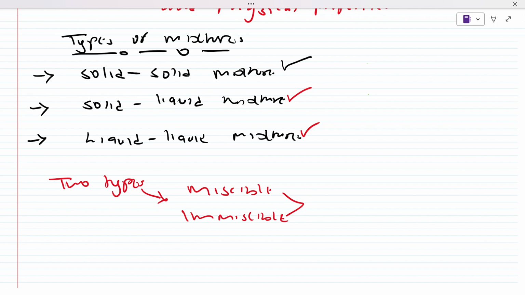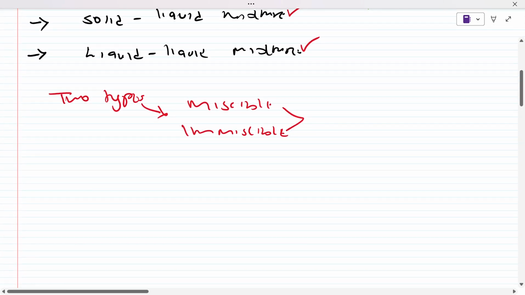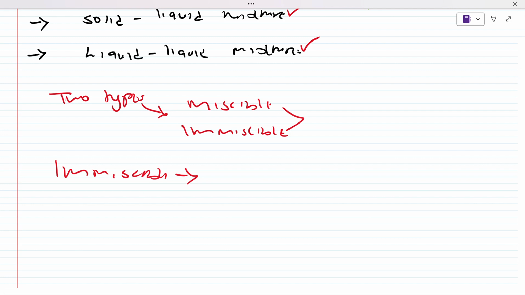Now, in immiscible liquid mixtures, I'm just going to give an overview of it. You don't really need to know much about it. In immiscible liquid mixtures, there are different techniques we can use in separating them, and I'm going to give you examples first. Examples: